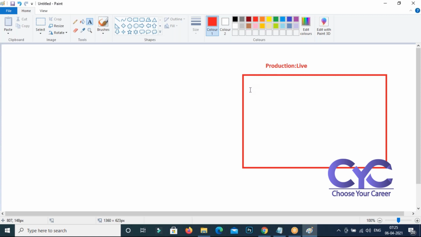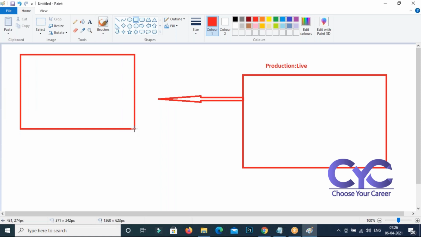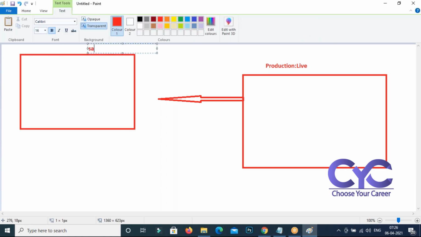You are going to create a test environment from this. Are you getting or not? That test environment is nothing but a sandbox.